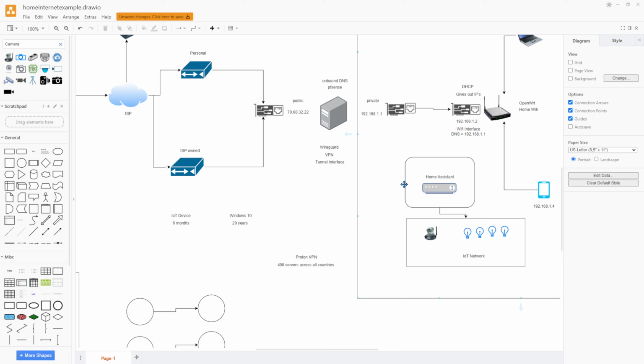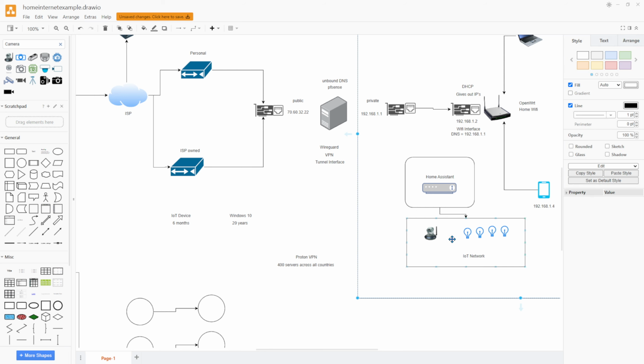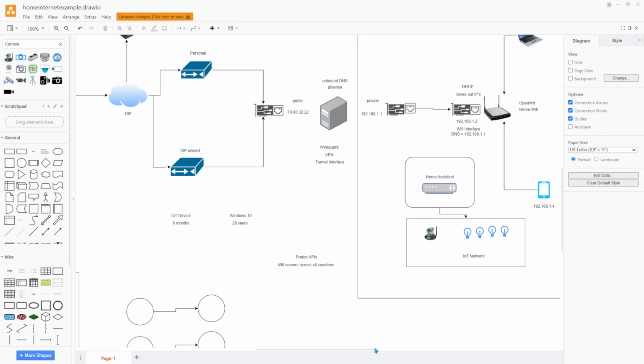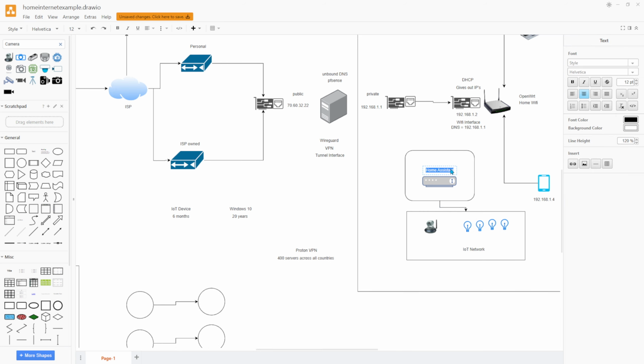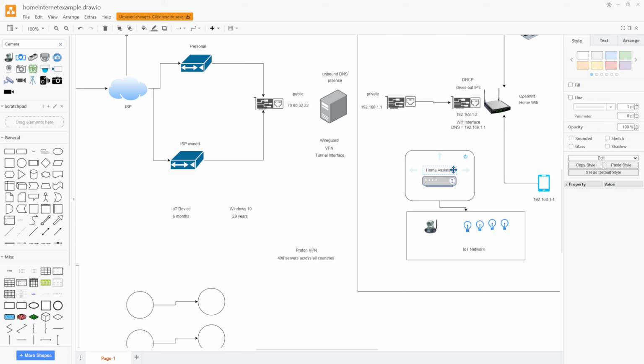I will actually be able to control my devices that don't have a connection to the internet. Technically, they're isolated in their own network. They can't get out, but I can use Home Assistant as a proxy to interact with them. And I can do that if I give my WireGuard interface